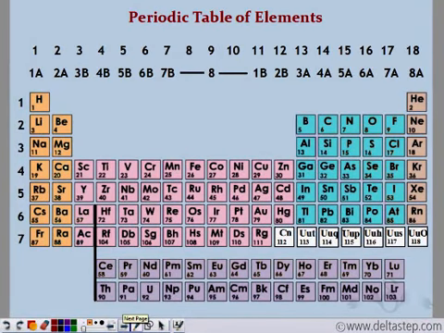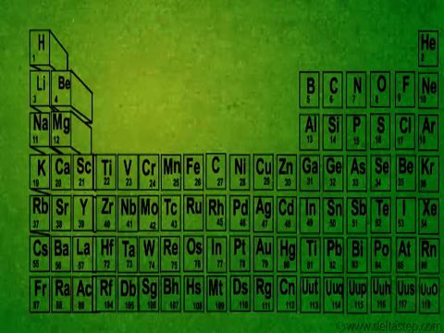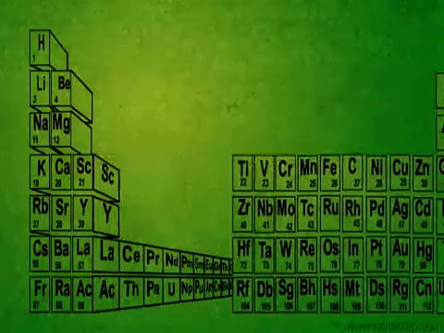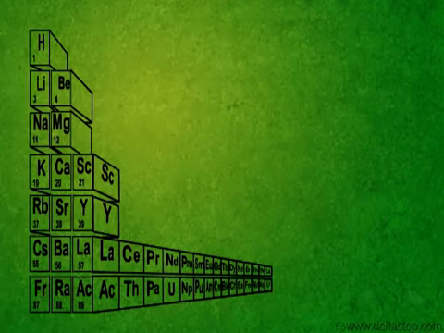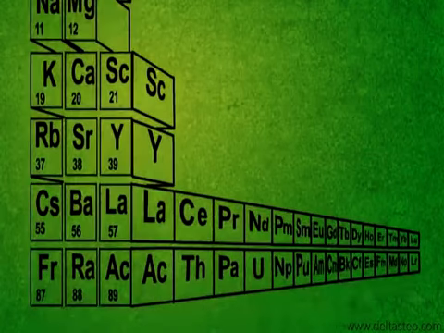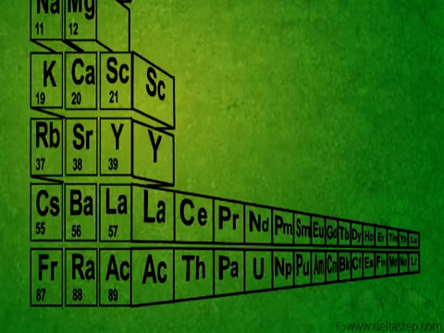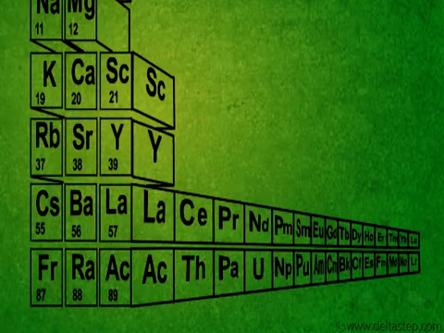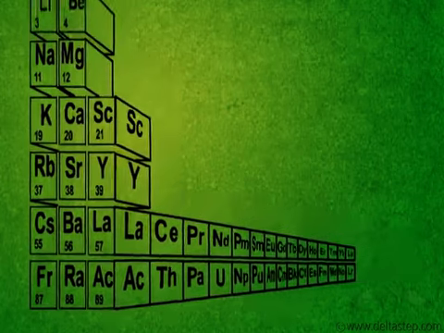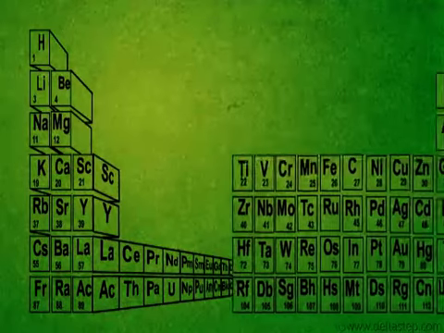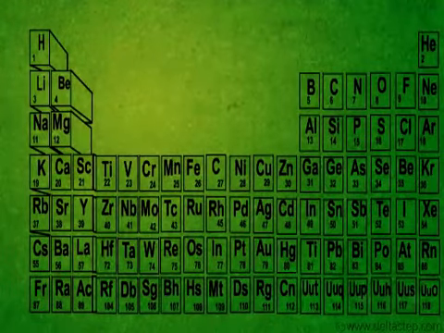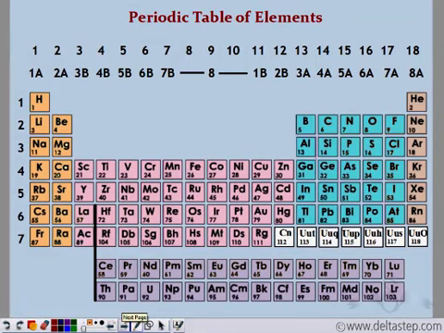Aren't you confused by these two series of elements which are not placed in the main periodic table? What is this line joining them? Let's see. If this is the periodic table, half the part is moved away. We see that a series of elements lies behind La. And a series of elements lies behind Ac. So if that part is brought back, we do not see those elements. So there was a series of elements behind La.